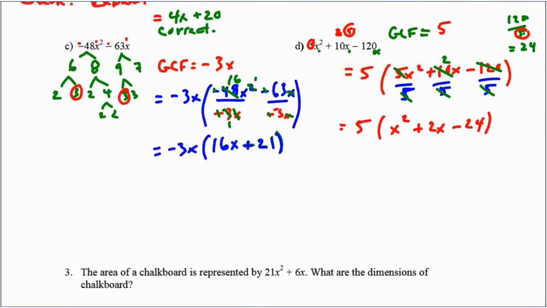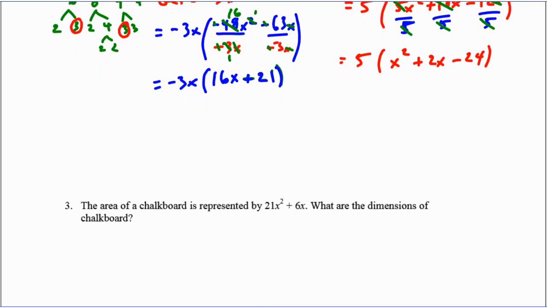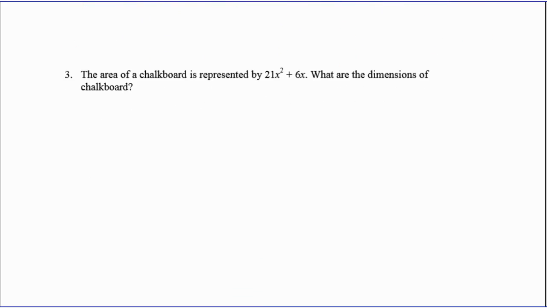Okay, we're ready to move on to one that looks more complicated, but it's just the same idea. If you put it into a word problem, they give you the expression and you just have to find out the dimensions. Finding out the dimensions means finding the factors. The area of the chalkboard is represented by this, and we want to know what the dimensions are. If we do 6 and 21, I have 3 and 2, I have 3 and 7. Clearly,